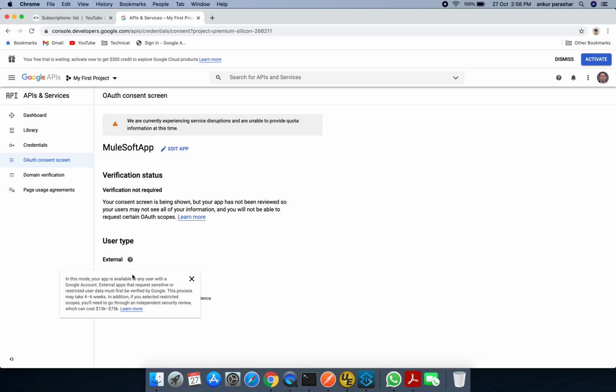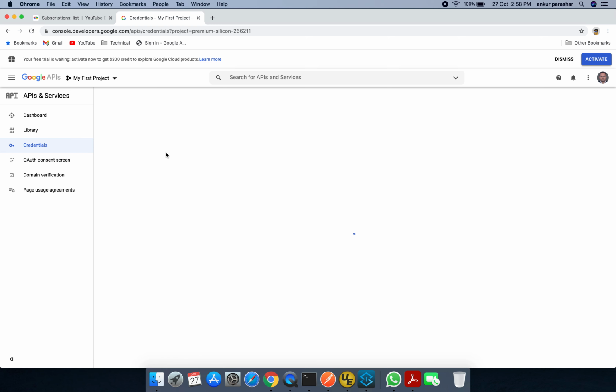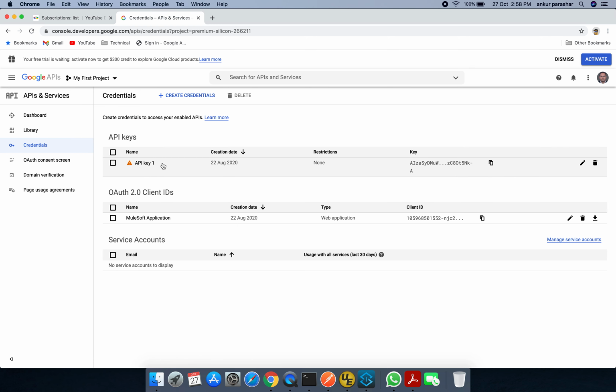By default, it is available to everyone within the Google account, and there are multiple things, so you have to be very particular about it. I will be using this API key in most of our use cases. So let's get started.